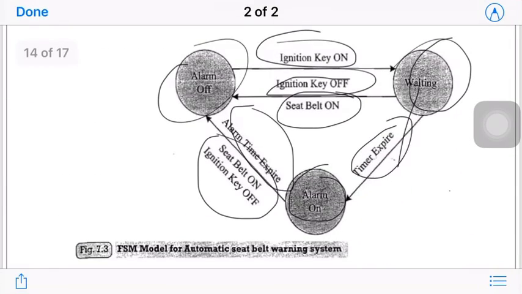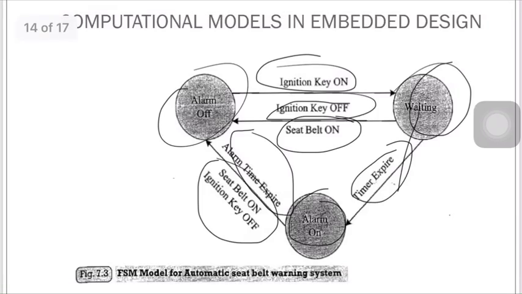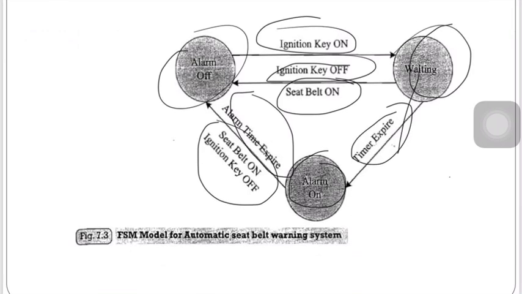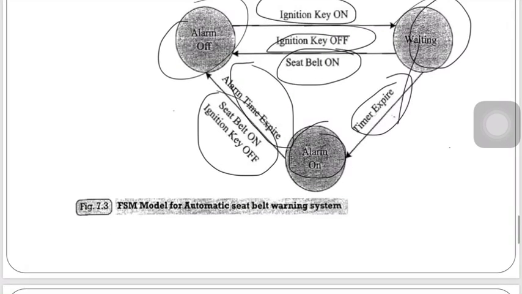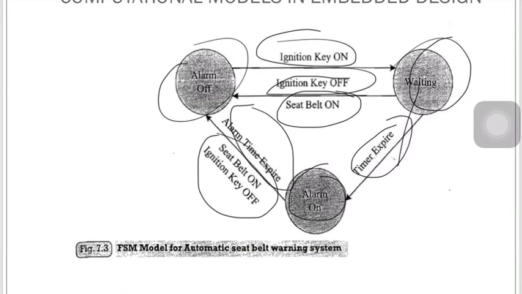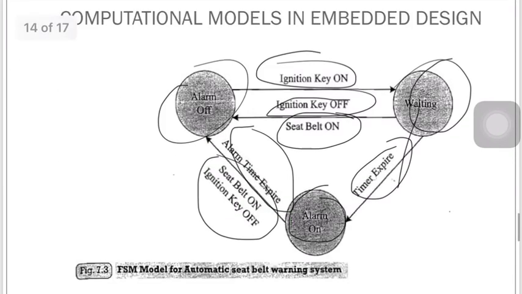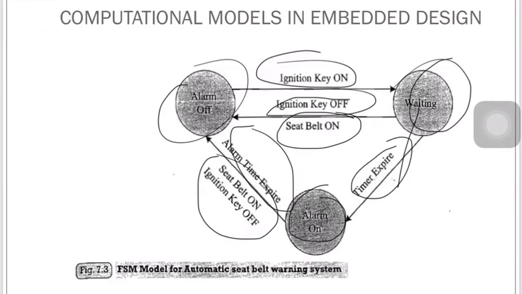With this example, for whatever embedded system we have to design, we can draw a state machine model depending on the states and how the transitions happen. Because of this model, it will be easy for us to write code and to choose a particular architecture. Clear with this? This is the example for the seat belt warning system. We know there are three states: alarm off, waiting and alarm on, right? Based on that, transitions happen from one state to another based on the conditions. Clear? It is easy to understand.